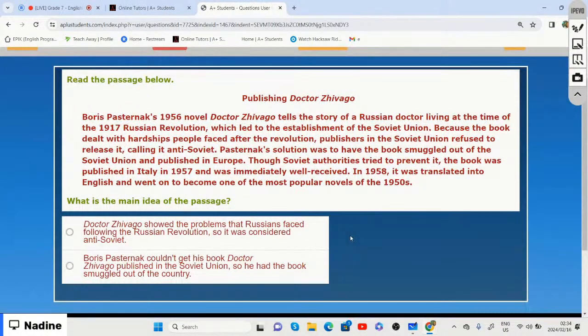All right, so now publishing Dr. Zhivago. It is Boris Pasternak's 1956 novel. Dr. Zhivago tells the story of a Russian doctor living at the time of the 1917 Russian Revolution, which led to the establishment of the